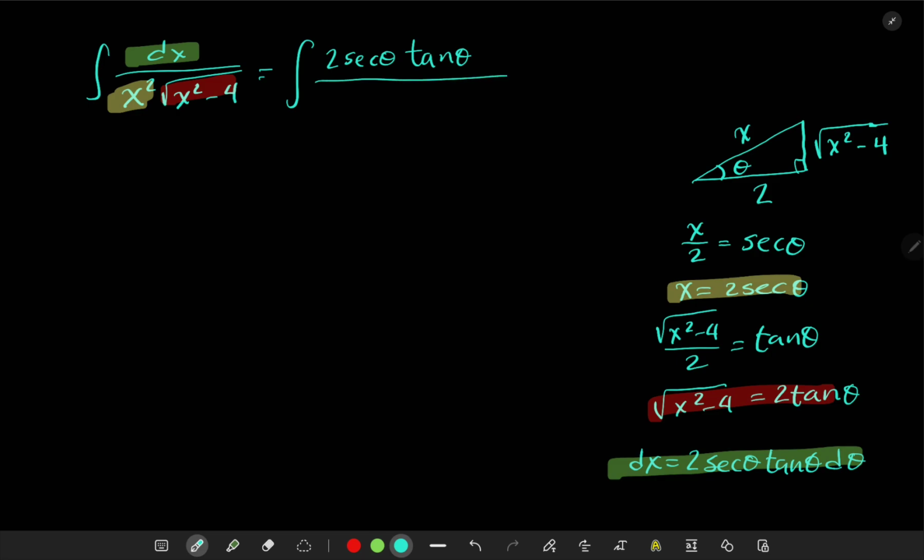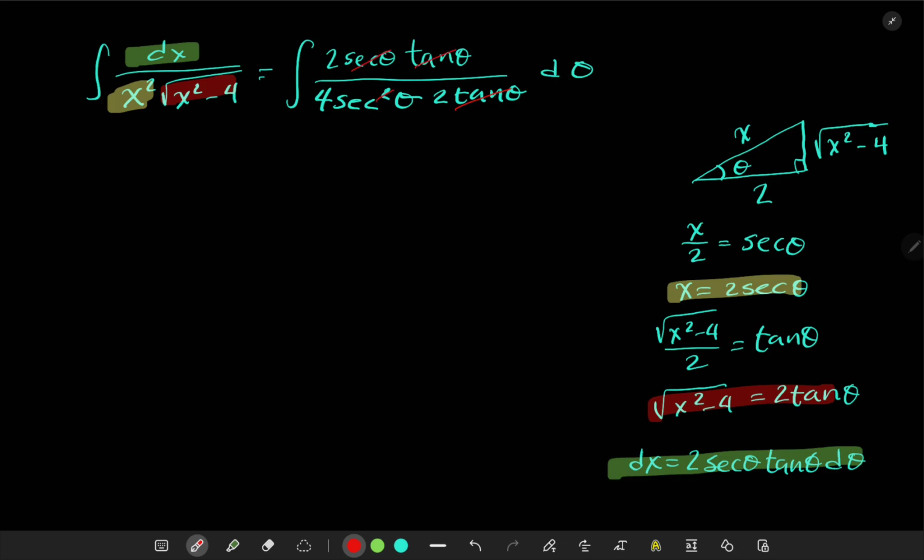So now we're going to have secant times tangent, and then we're going to put in x. I can put that in. It's going to be 2 secant, the whole thing squared. So the square of 2 secant is going to be 4 secant squared. And now that is going to be a 2 tangent, and everything d theta. Very nice problem, because this one cancels with this one, and this one cancels a